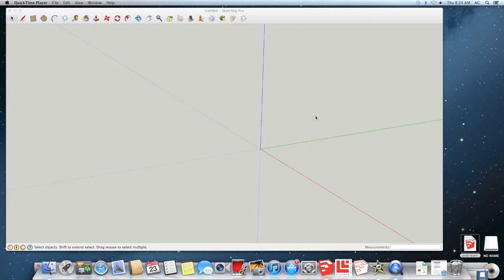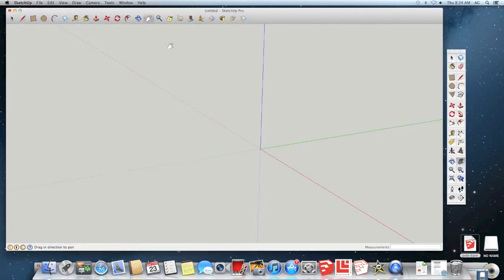My name is Byron Hughes, and today I'm going to show you some expert functions of Google SketchUp 8 Pro. First of all, I'm going to start by creating a canoe, and I'm going to display some of the other functions of Google SketchUp. I'm going to go 12 feet,